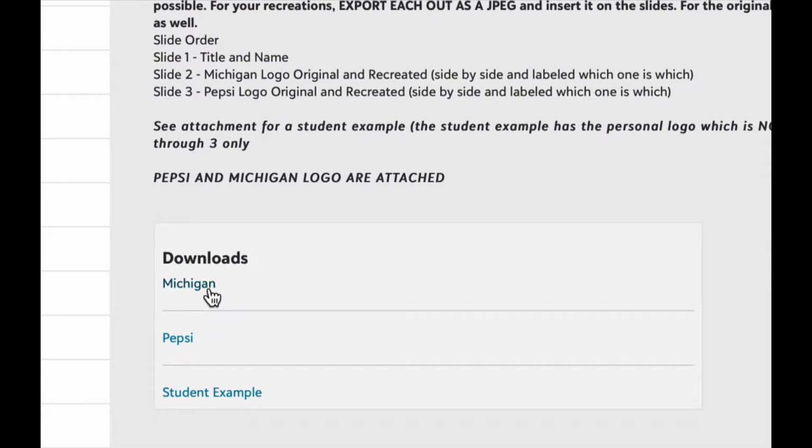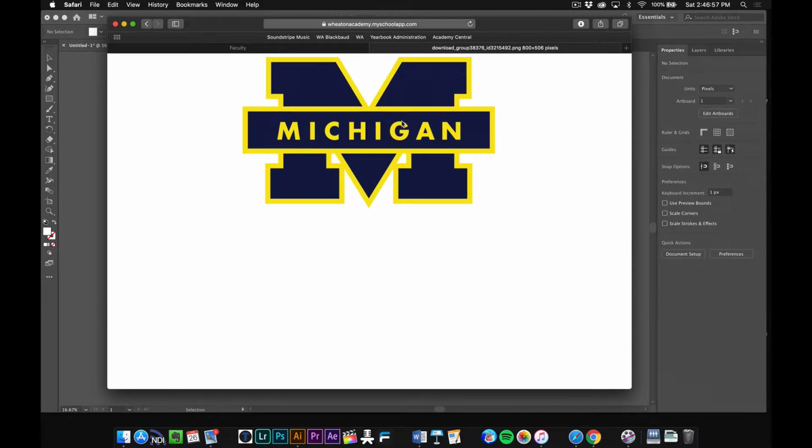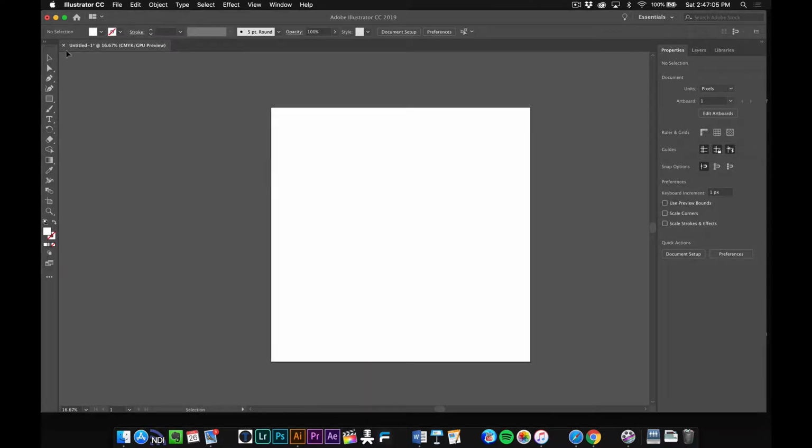These downloads are important because I don't want you to use any Michigan logo. I want you to use the Michigan and the Pepsi logo in this project. So if you click on it, it'll open up. Now you can either right-click on it and say Save Image to Downloads, or we can wait for it within